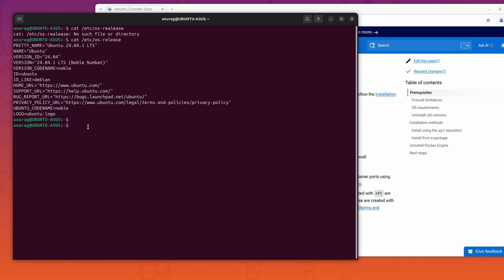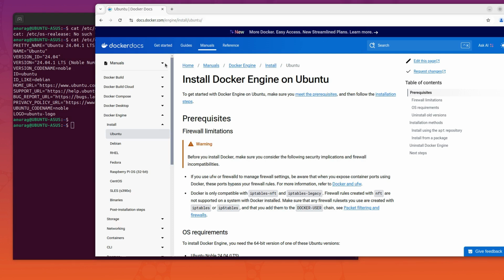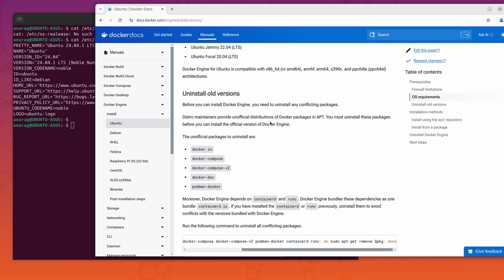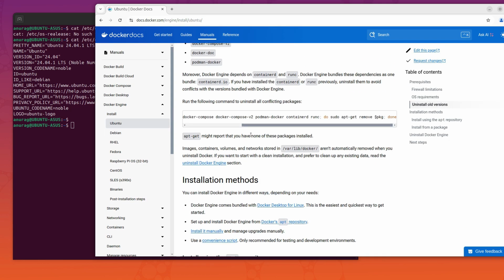So how to do that is fairly simple. We just need to follow the documentation given by the Docker guys, and this is a very nice documentation. So I just want to emphasize what exactly is written here before we actually start the installation. So when you come here and you see that